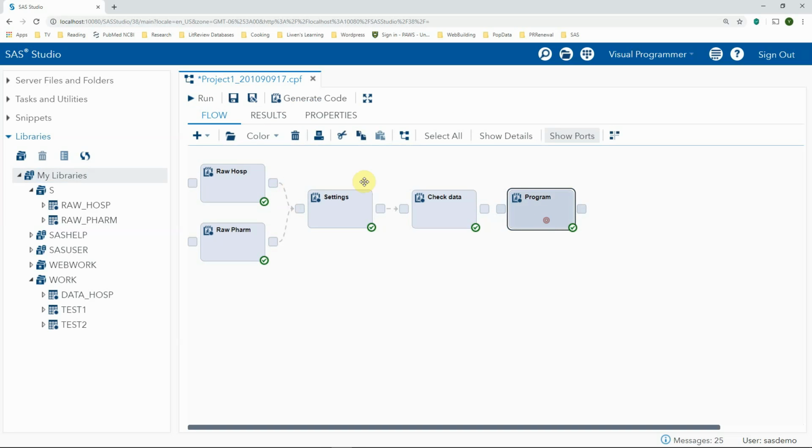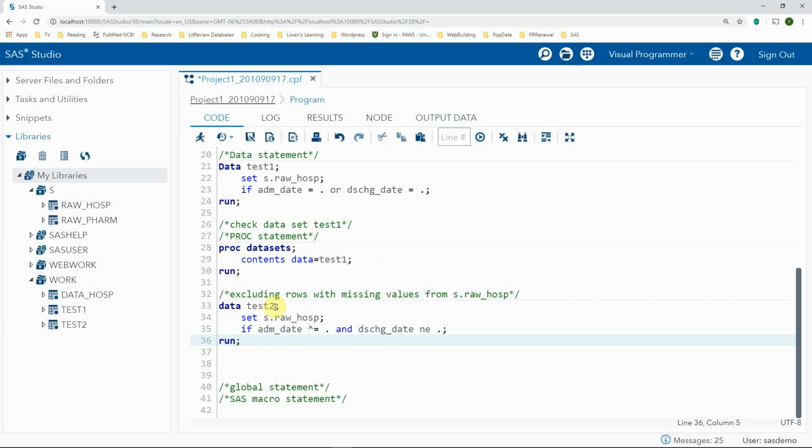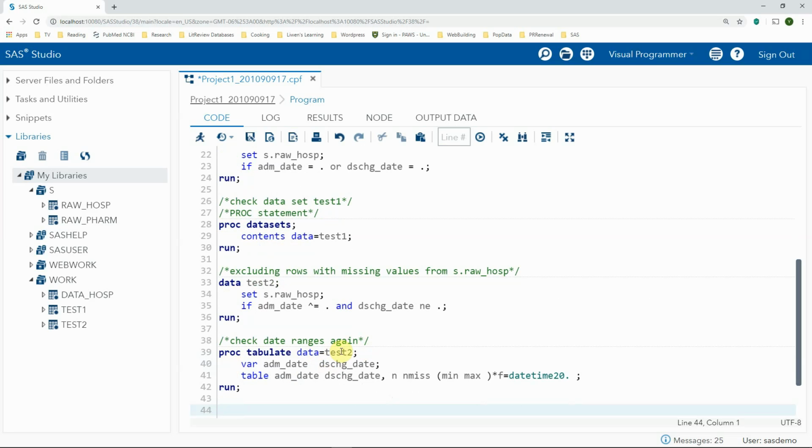And now let's check again, in this sub data set excluding those missing values, what is the earliest admission date and discharge date, and what are the latest dates. So we're gonna bring back that tablet trick again, and this time we're gonna use test2 as the source data, and we're gonna run this part again,